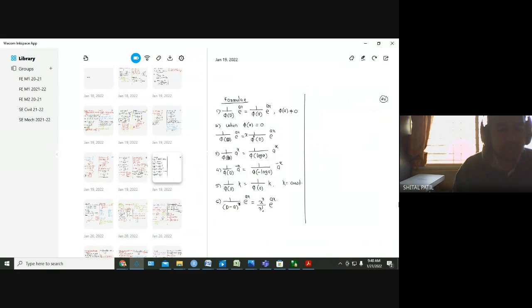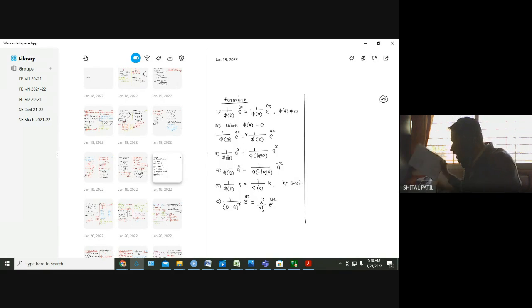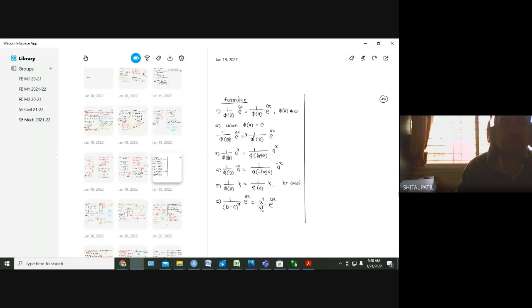A, and this formula is valid whenever the denominator is non-zero. If the denominator is 0, then we have to use the second formula, and it is x, and then 1 upon phi dash, the derivative of the denominator, and then again we have to use the first formula to solve the remaining part of the example. Then if it is 1 upon phi of d a raised to x, replace d by log